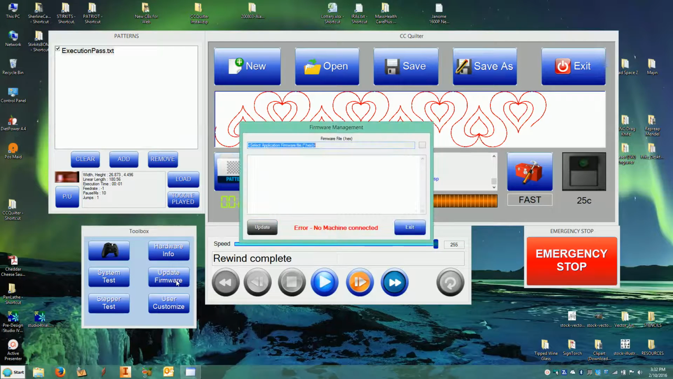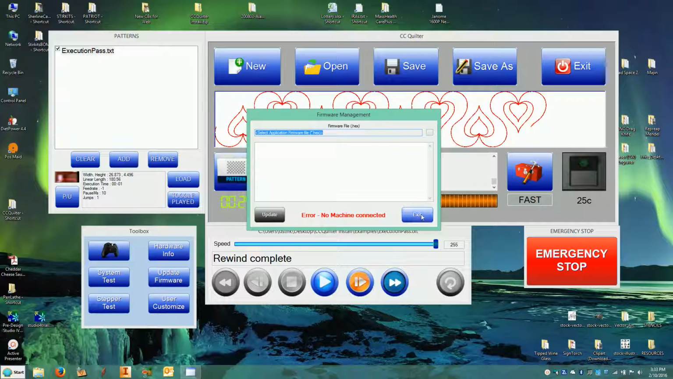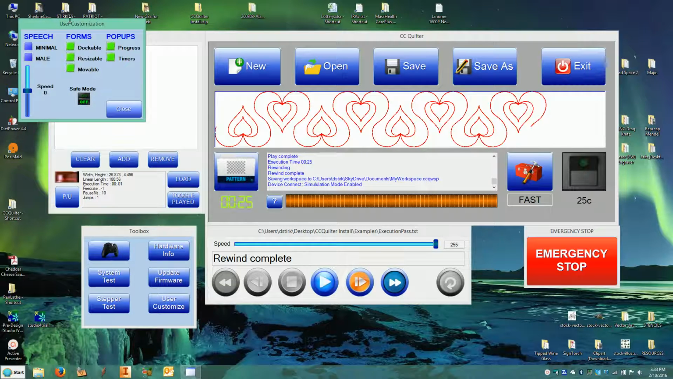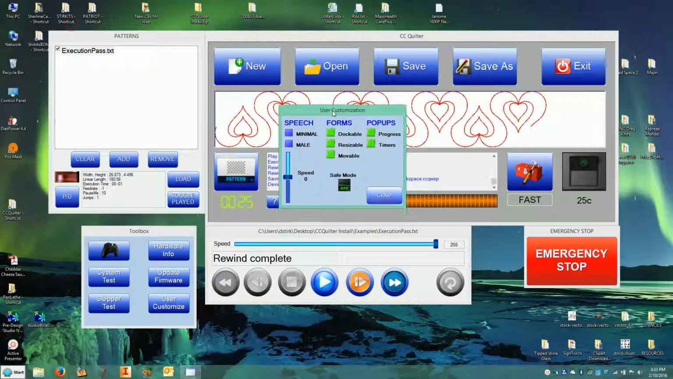You can do opening firmware update. You can select the firmware, and then you can update it. So as we release new versions of the firmware, they have different features in it. You can download the new features. And there's a user customization. User customization forms are